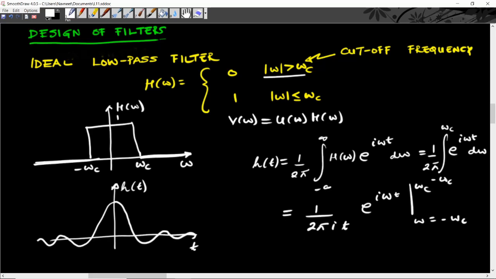And this is equal to 1 over 2 pi times exponential iota omega c t minus e to the power minus iota omega c t over iota t. And this can be written as,